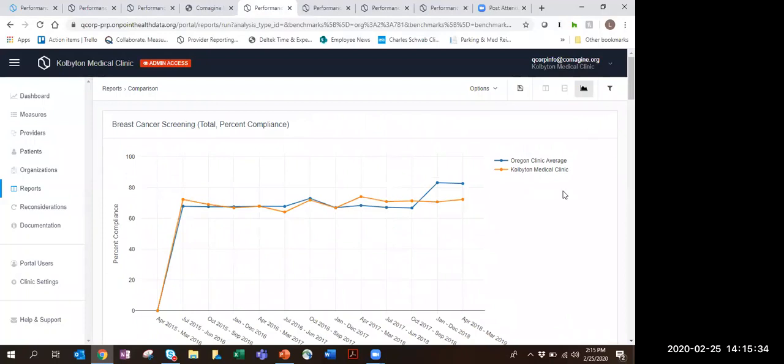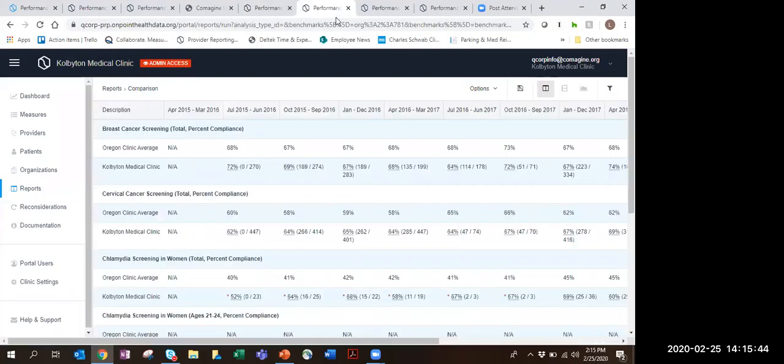The next thing I wanted to show in here, you may not know that this is an option for you, is to view this as a table. If I want to be able to export the data and work with it a little bit, I've already pulled this up so that it wouldn't have to process while we're on the webinar here, but this is what it looks like if you view it as a table, just by clicking on this button.